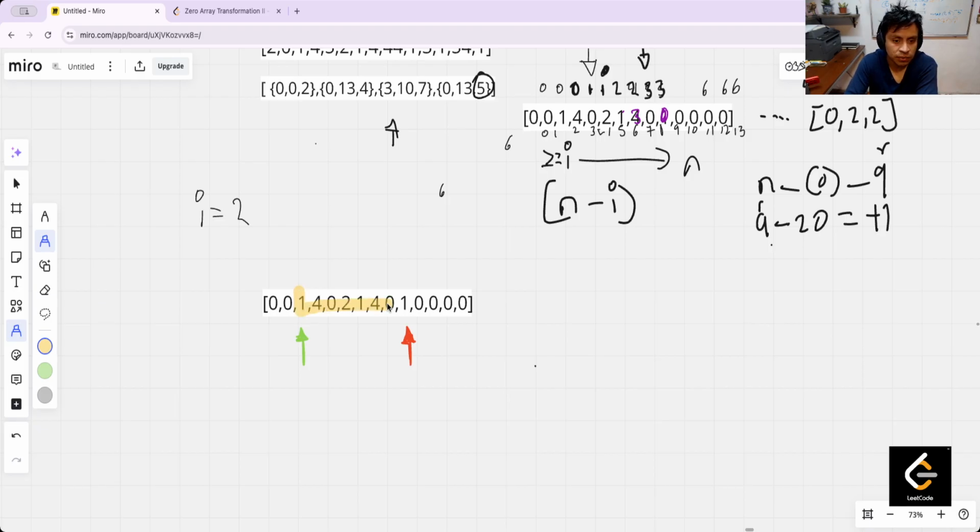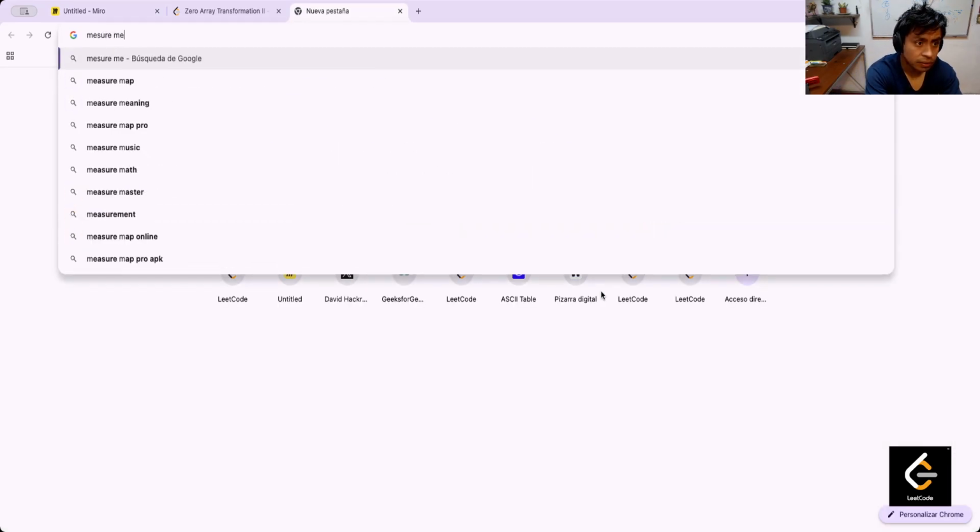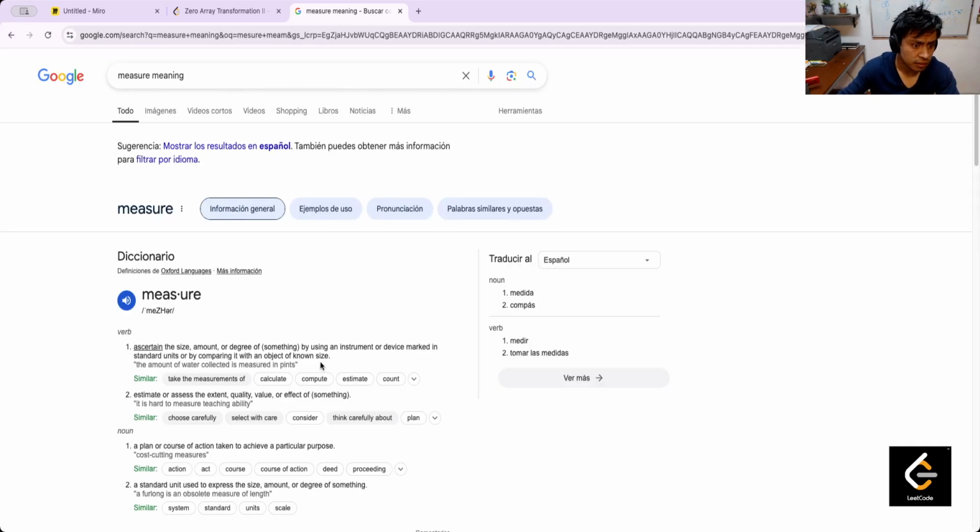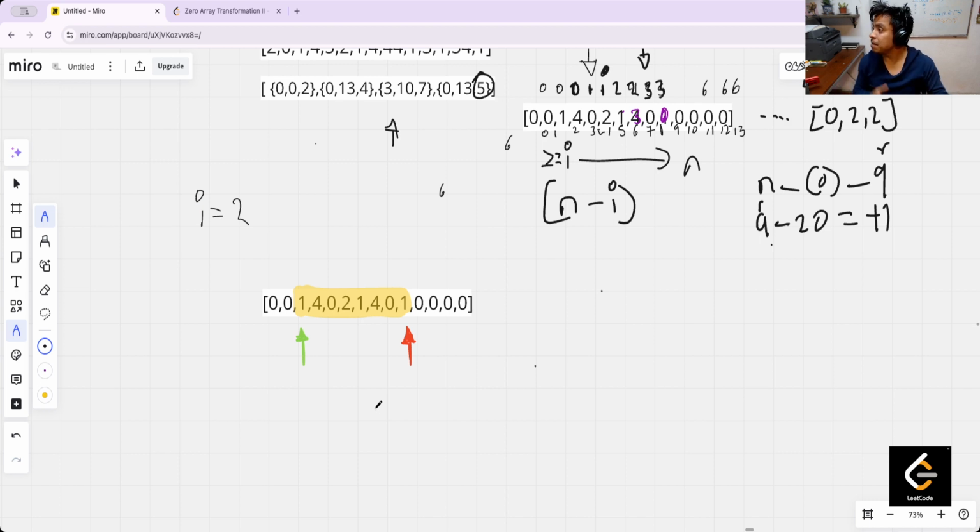In this range, for example, having this information, I can start making decisions. And the way to make this decision, I am thinking, is the measure of the impact if I apply the query over the current range. Because for example, if we have one query that is 0, 1,